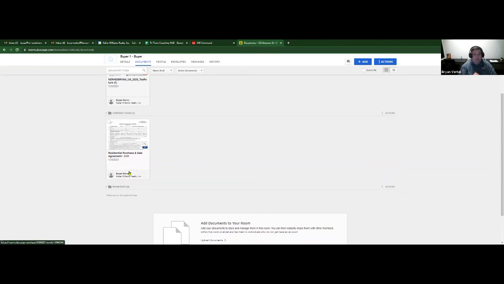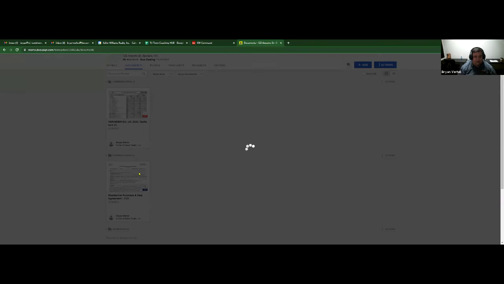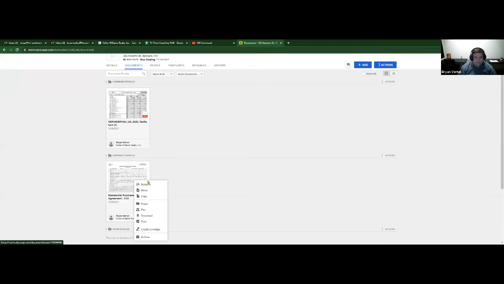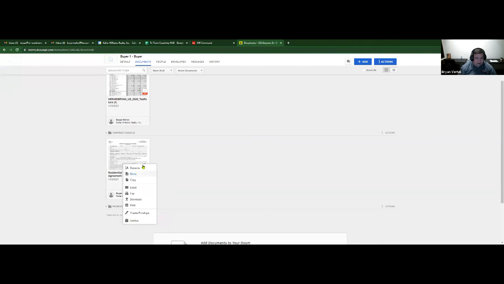We have a signed around agreement. We're going to pretend that this purchase and sale agreement is signed around, yay, mutual acceptance. At this point, you either have uploaded it to your room docs and moved it to your contract docs, or it was in here because you were the last agent to have signatures, so it's up here signed, ready to go. But it is in one PDF form, and you need it to be split into multiple PDFs to assign to your command documents. What you're going to do is click on this here. And there's a couple ways to do it. I actually don't want to click on that. I want to right click on that. And you can come here to